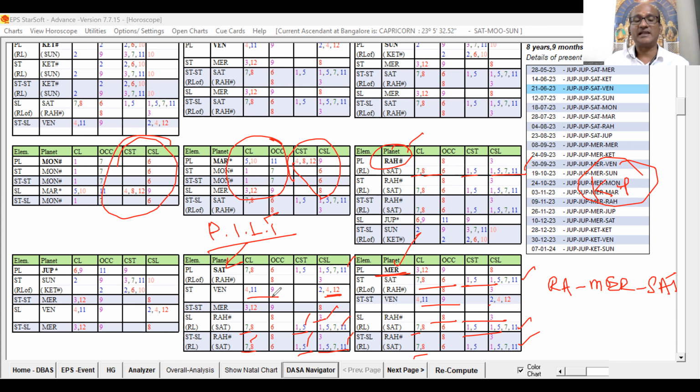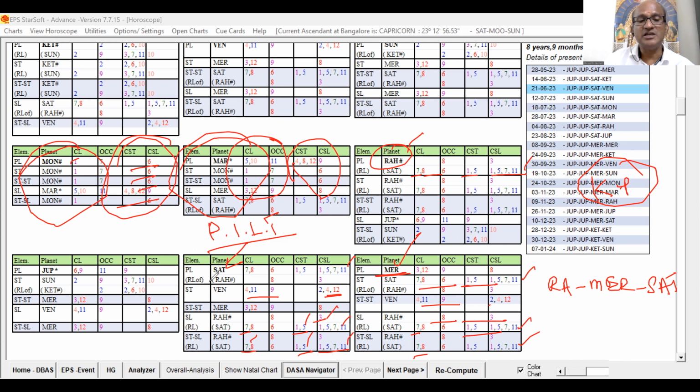Okay, that role directly as a ruler or by way of support. But here you can see there is no role of Saturn. Here there is no role of Saturn, and also the significations are weak, so they are not strong enough to conduct the marriage. Please understand, conducting the marriage is different from marriage prospects.